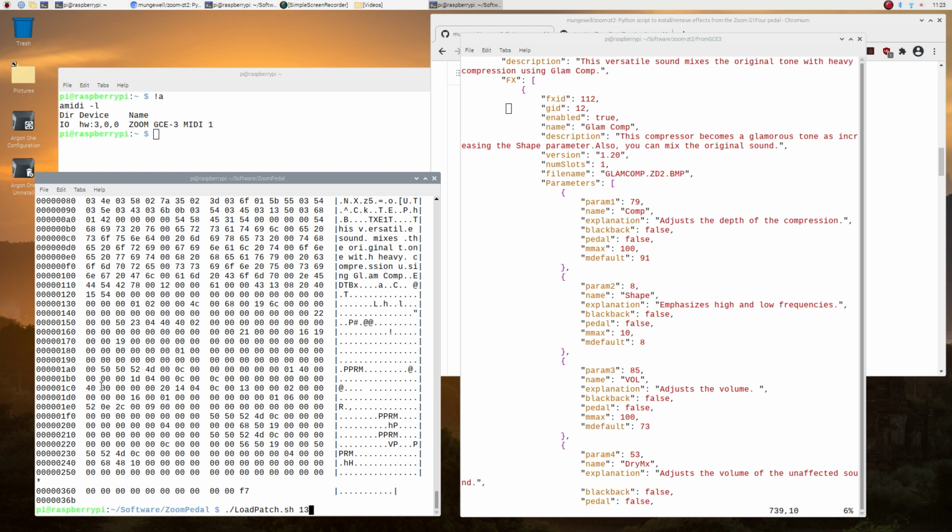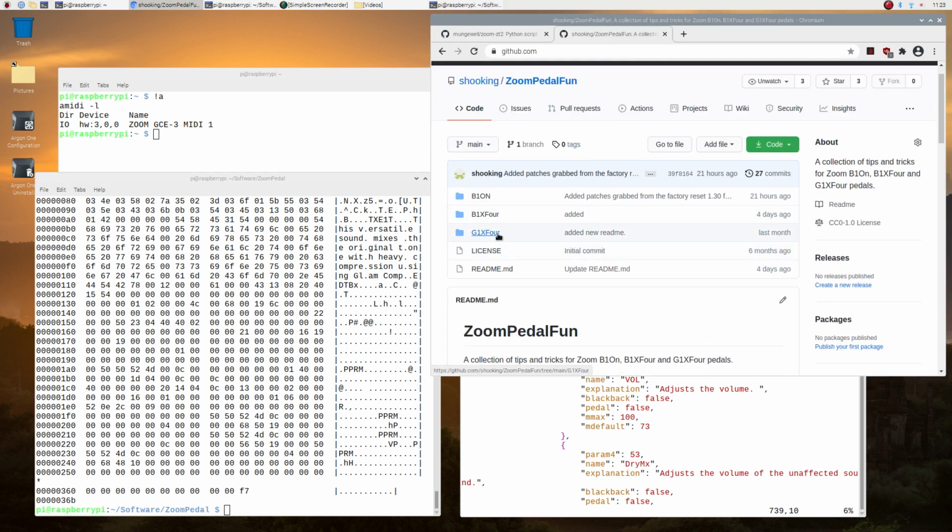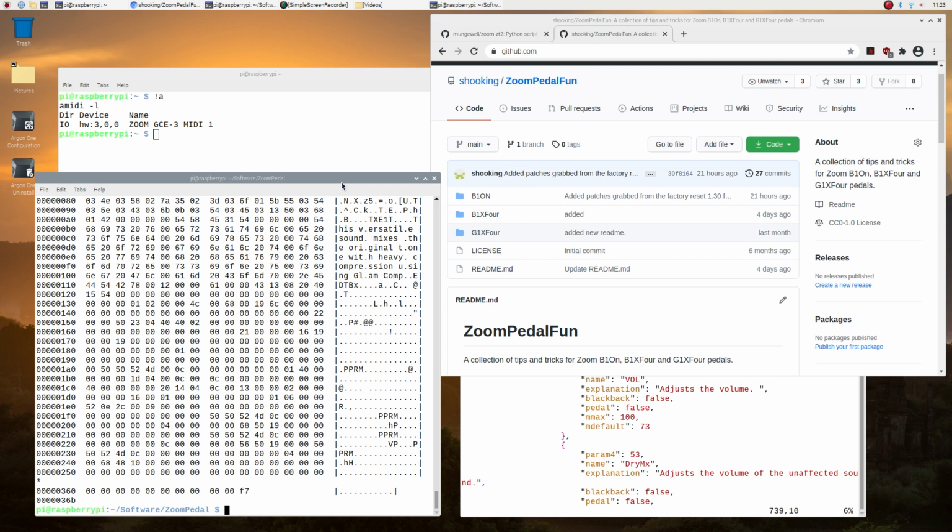Now, what we can now do, which is rather kinky, so actually we've just got the current patch there. Bear with me a second, I'm going on a bit long, but hopefully you're watching this to understand what you can do with it, and then gradually I'll put more stuff. I'll create a GCE3 page here, and I'll put more details on it. Most of it will say, look at the B1X4.